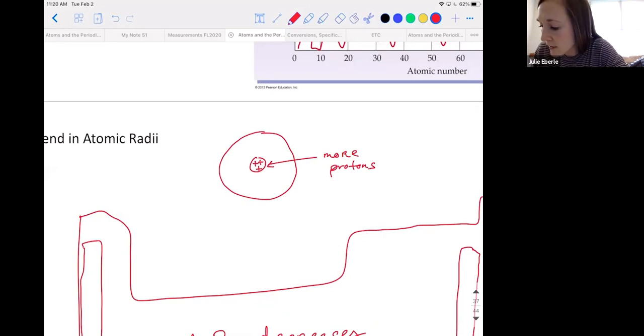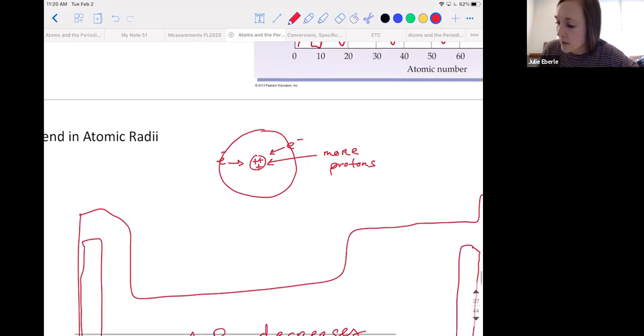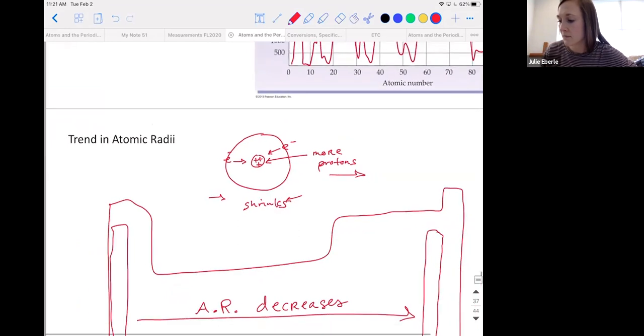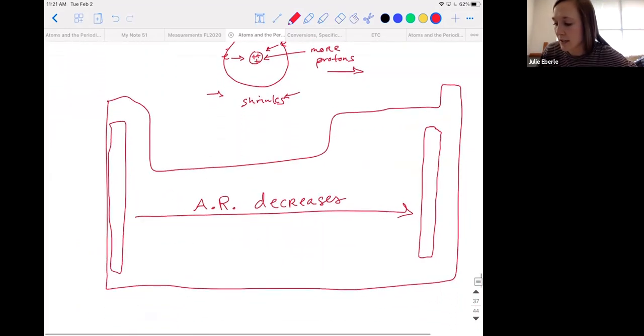And remember that there's electrons out here, and because there's a positive negative charge attraction, those electrons that are flying around in the atom, they're attracted to the nucleus. They feel a pull towards the nucleus, but they're always moving so they don't fall into the nucleus. But because we increase in protons as we go left to right, guess what that does to the atom? It shrinks it down. Not by a lot, but enough to say that there's a trend, okay? So that's why it decreases as you go across.